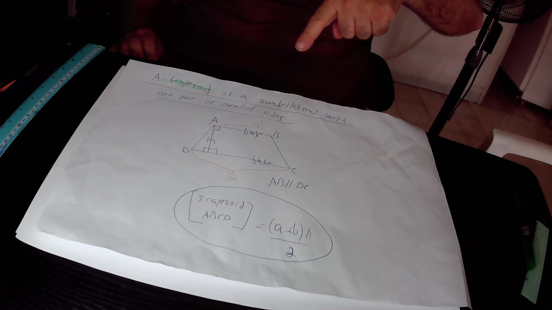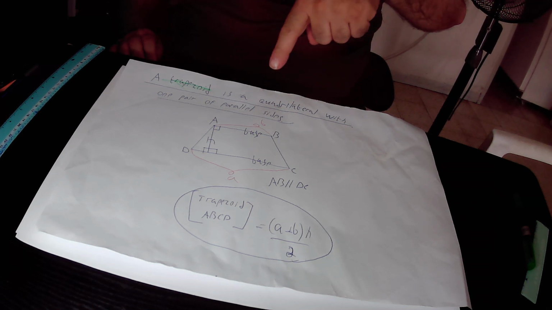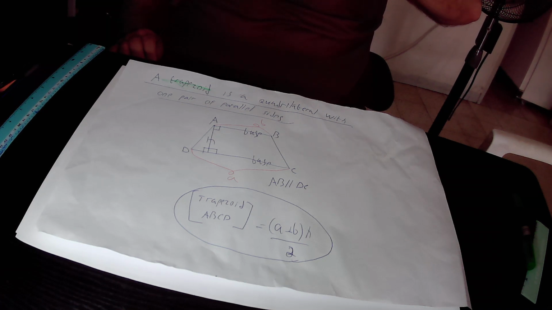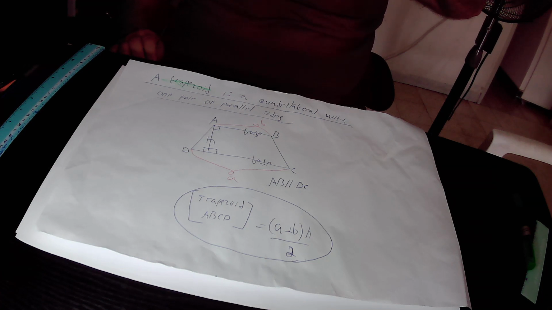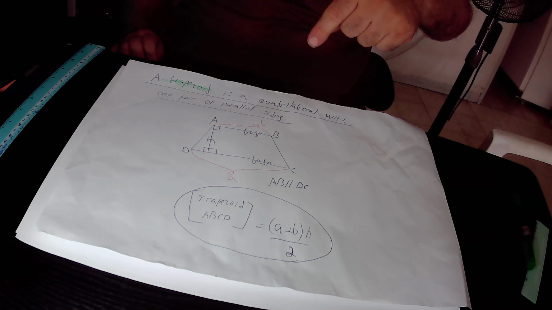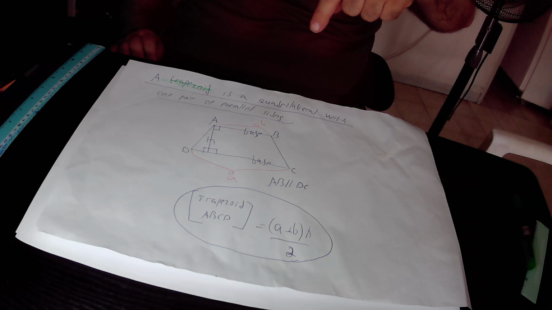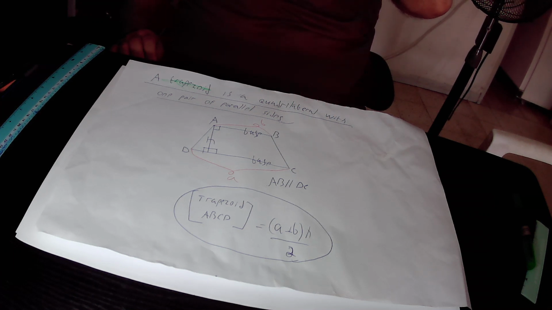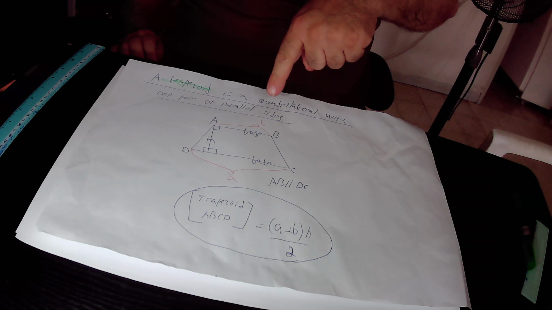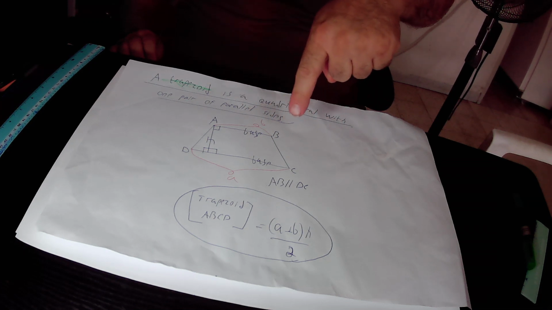ABCD is a quadrilateral because it has four sides, and side AB is parallel to the opposite side DC, and therefore this quadrilateral is defined as a trapezoid. The two parallel sides, that is to say AB and DC, are defined as the bases of this trapezoid ABCD. So if we define the length of side AB as B and the length of side DC as A,